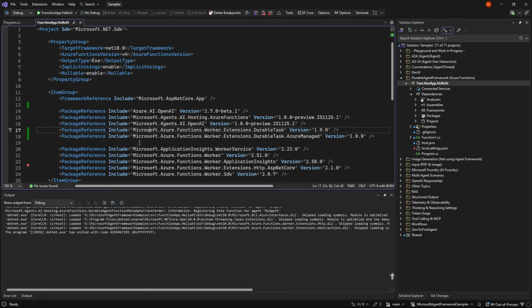In order to do this, we need several new NuGet packages. We of course need the normal two for Azure OpenAI and OpenAI for Agent Framework. We're also gonna need the hosting one for Azure Functions from the Agent Framework, and then we need these durable task packages. I'm unsure if this is needed, but sometimes when I don't include it, it breaks down,